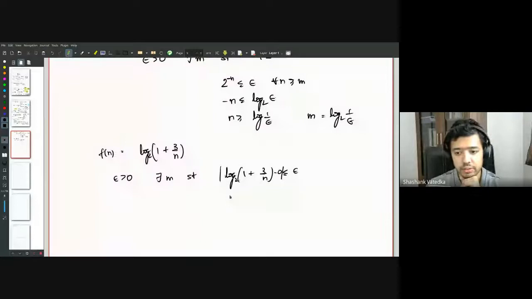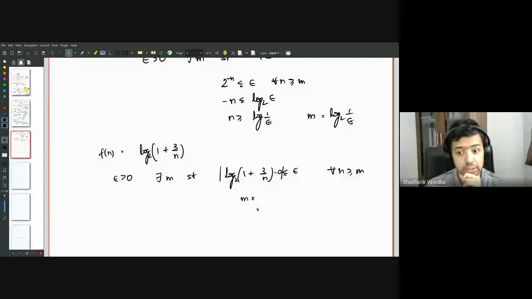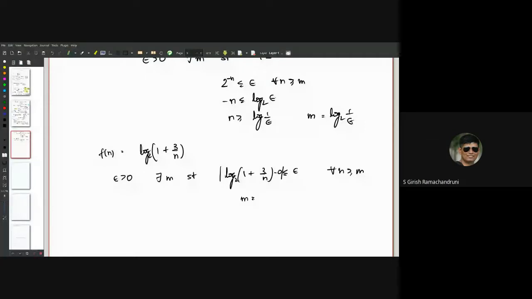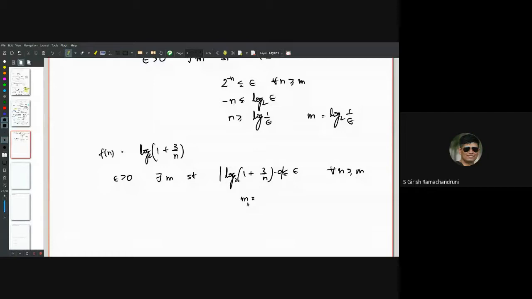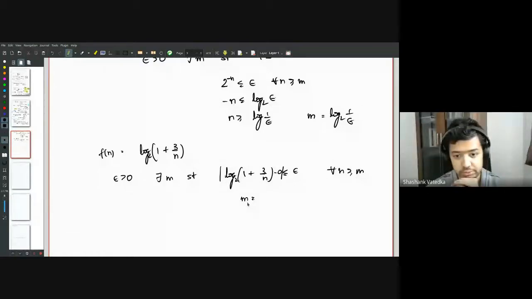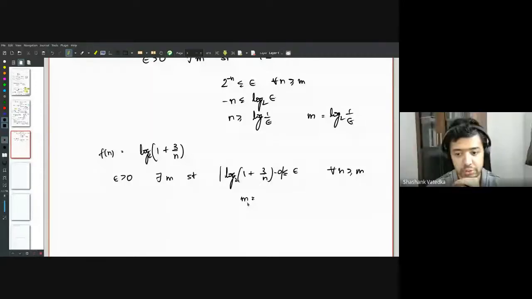Alright? And n maybe 3, sir. n is 3. And why do you say that? At n equal to 3, this f of n will be 0. At n equal to 3, are you sure? It will become 1 then. It will be 1, right? Gotcha. It will be 1. So can you come up with an m?